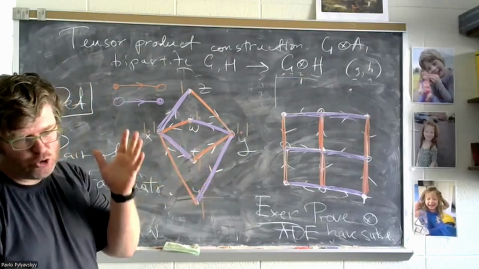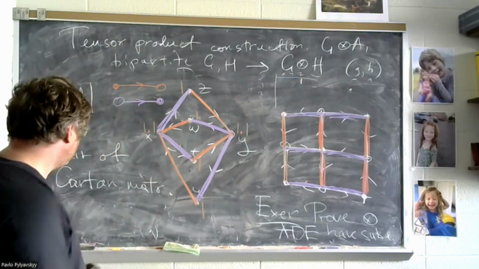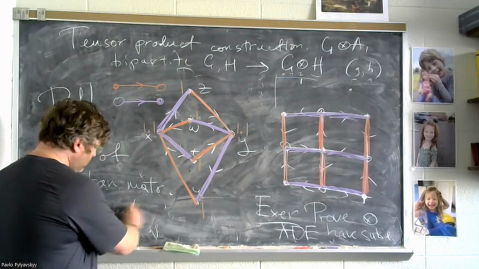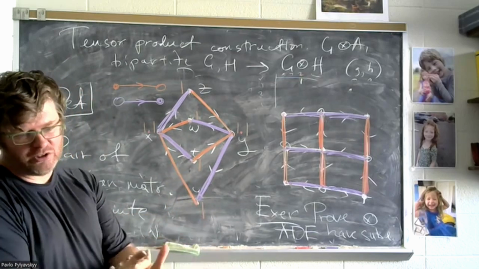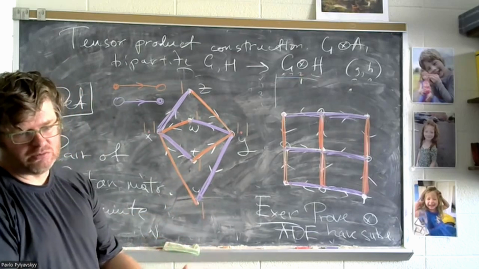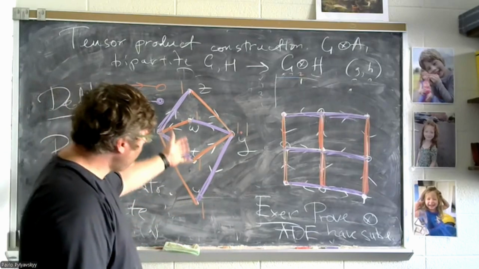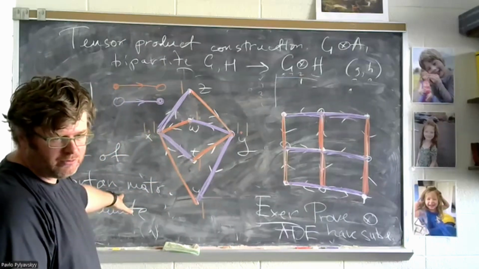It just means that those two matrices commute. It just means that if you multiply them in one order or the other order, you get the same product. So we are looking for pairs of Cartan matrices of finite type